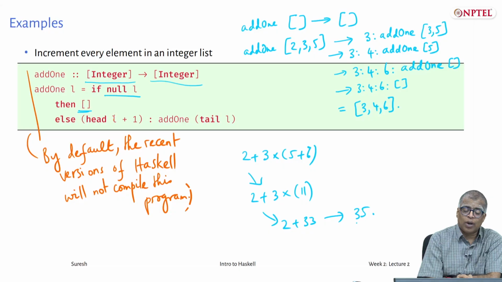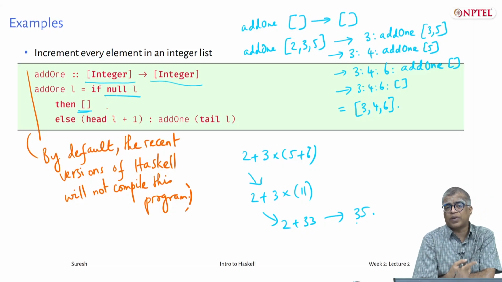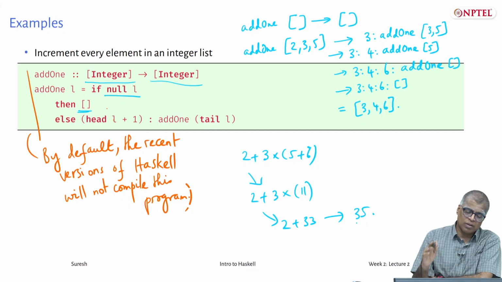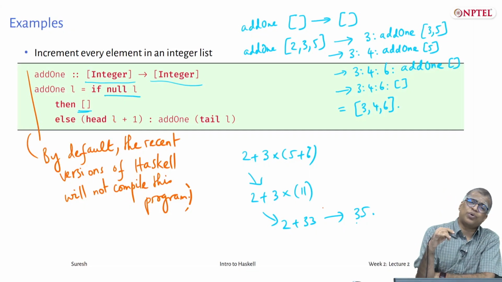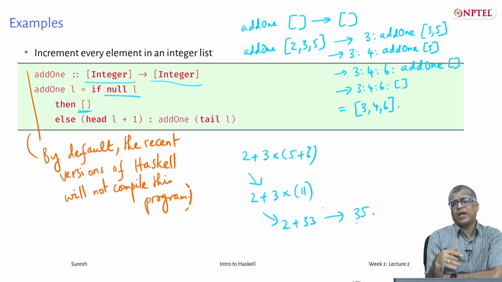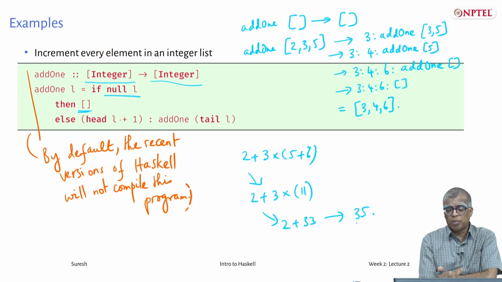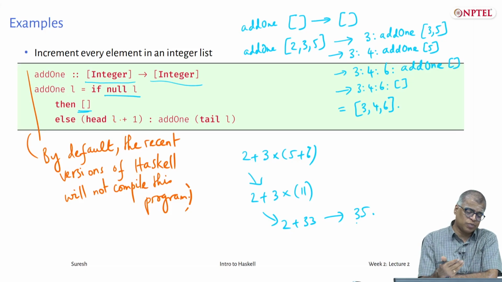In this case, it is a safe use of head. You are applying head to l only after checking whether l is null, and you are applying it only in the case when l is not null. But Haskell doesn't do this extra analysis. As far as Haskell is concerned, it just notices that head is being used and it will immediately complain. In GHCi you can try to run examples by applying head, etc. But when you add this in a program and try to load it into GHCi, it will complain. We will see this when we look at the demo session for this week.